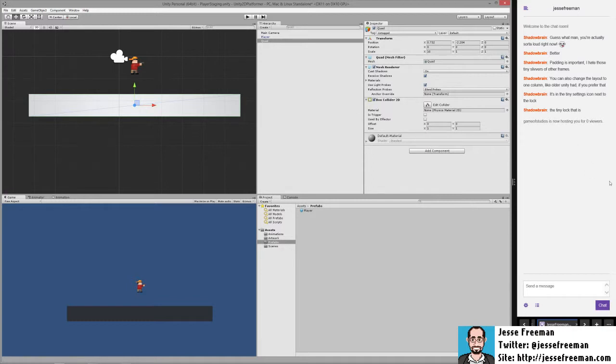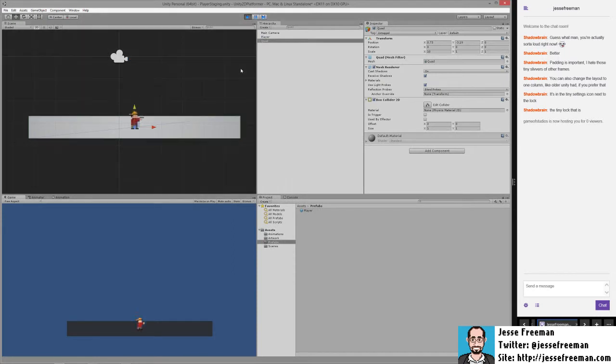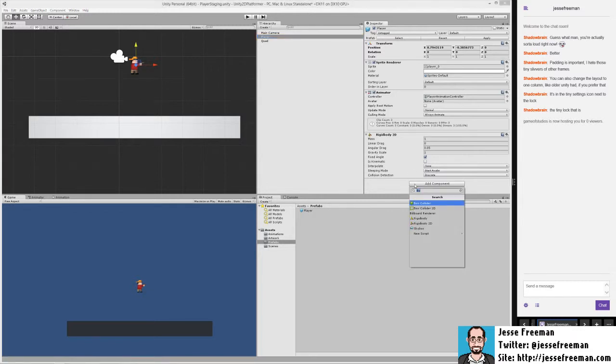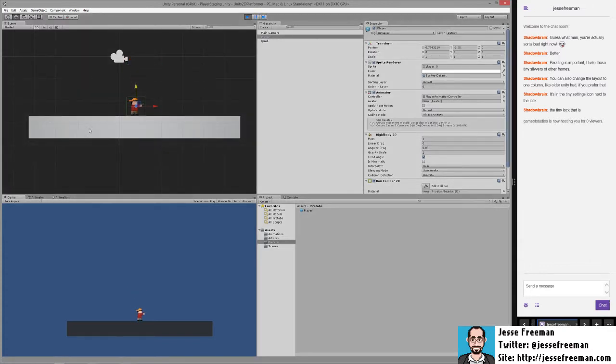So the next thing that we just want to make sure is that if we were to run this, our player is going to fall right through it. And that's because our player actually needs a box collider too. So let's just give him a box collider 2D, and for right now we'll just have it wrap around the player. And if we run the game now, you'll see that he actually hits the ground and stands correctly on